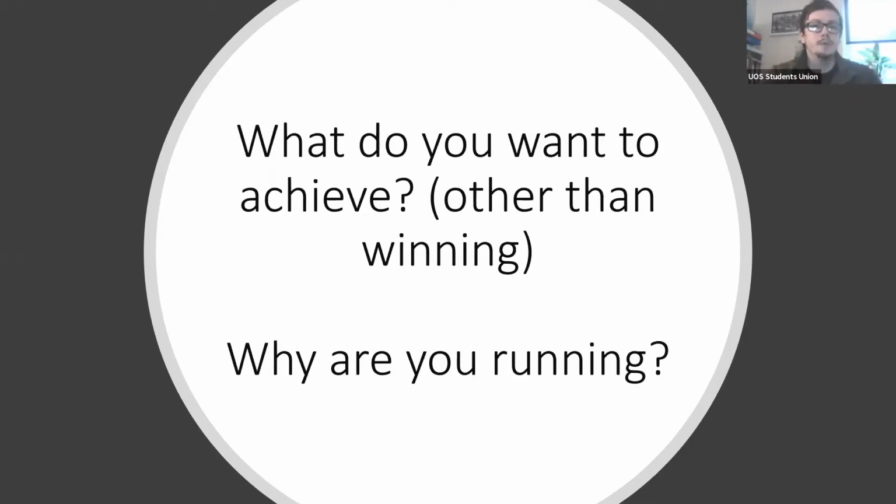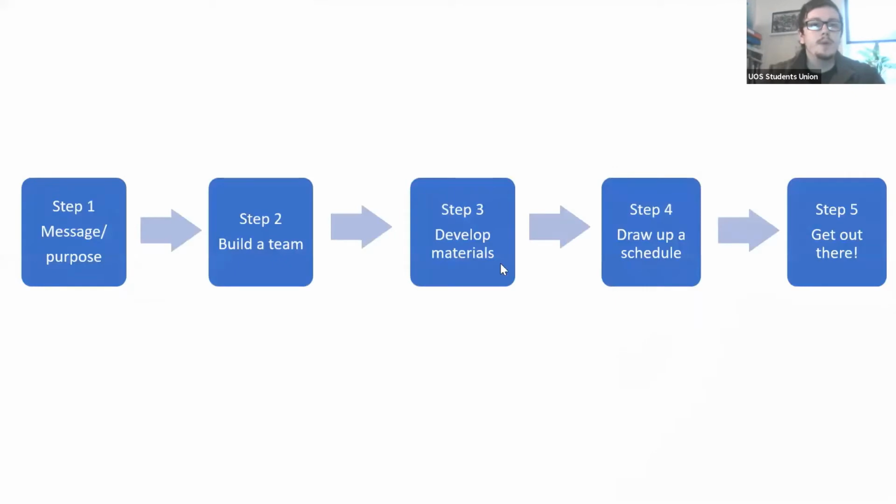So in terms of what you want to achieve with this campaign, I think the question really is what message are you trying to get across to voters? Because that's what will get you in that post, and that's what will win the election for you. It's telling a compelling story and a compelling message to potential voters. So we've got 5 steps that we're going to go through to help you answer that and help you start thinking about how you're going to deliver that message to students in the campaign.